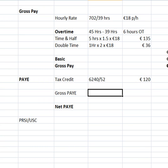Okay, gross PAYE. Gross PAYE is the PAYE before you take away the tax credit. And we're told she pays PAYE. She's a PAYE worker. She's an employee. Her employer takes the income tax off her and gives it to the government. She pays it as she earns it. She doesn't do a tax return every year. And that is taken from her gross pay of 873, and we get 41% of that. And that is